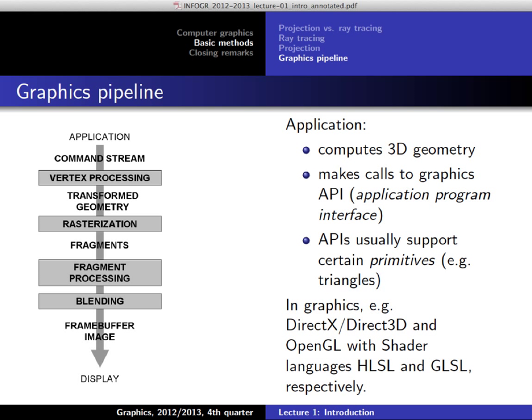And for that, we're usually using a graphics API. And this is then, of course, usually the part where I